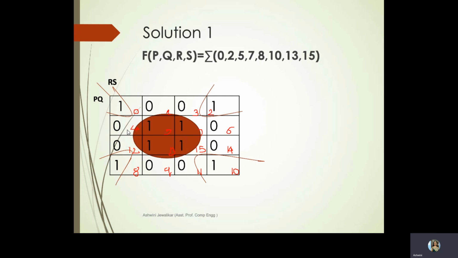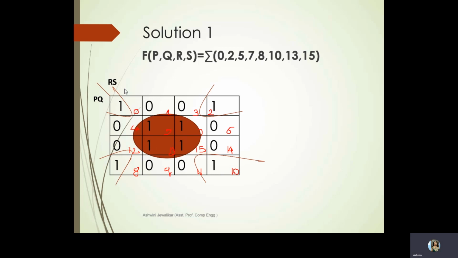Now the important task is to group the ones together. As I told you already, you cannot group diagonal ones. You can do it for XOR, so we'll see it later. For the time being, assume that we have to group the ones in a horizontal and vertical way, and try to group the maximum number of ones in one group. So we grouped the middle four ones to form a group of 4, because we cannot group these two as they are far away. We actually group them if we fold the K-map, the 4 corners of the K-map. We will see how it works.